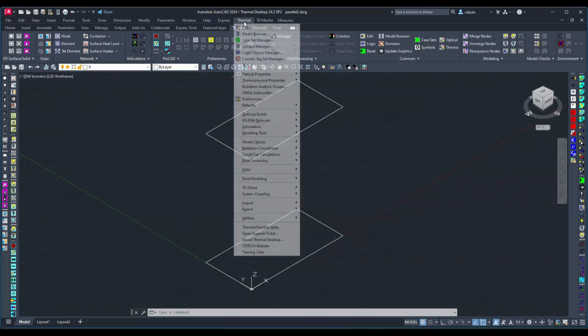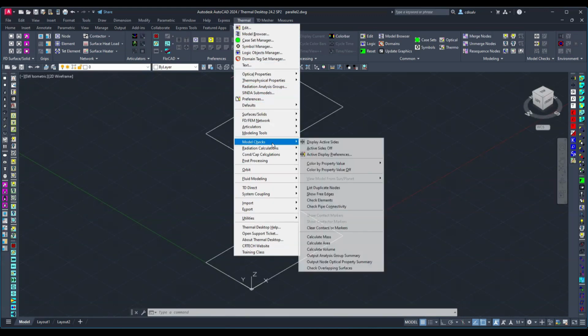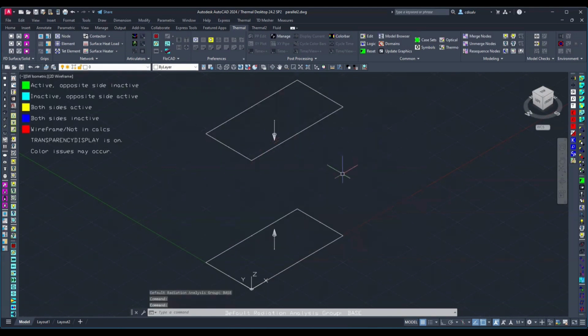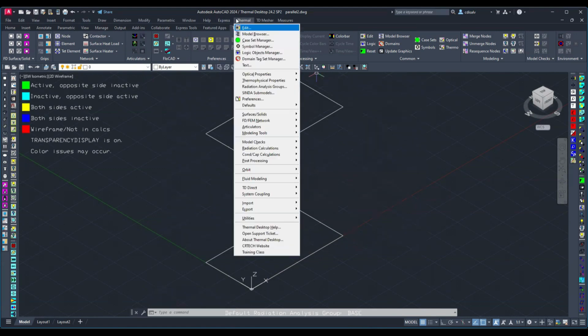I'll go back into Thermal Model Checks. Activate display preferences. Now I had put arrows, and you can hit display over here, and it shows, yes, we're successfully having the plates look at each other. So the next thing we need to do is go into thermal